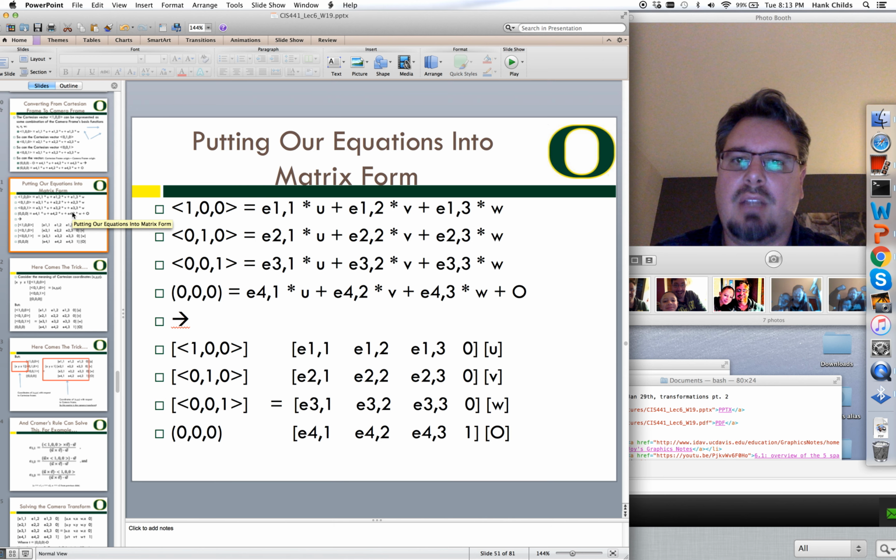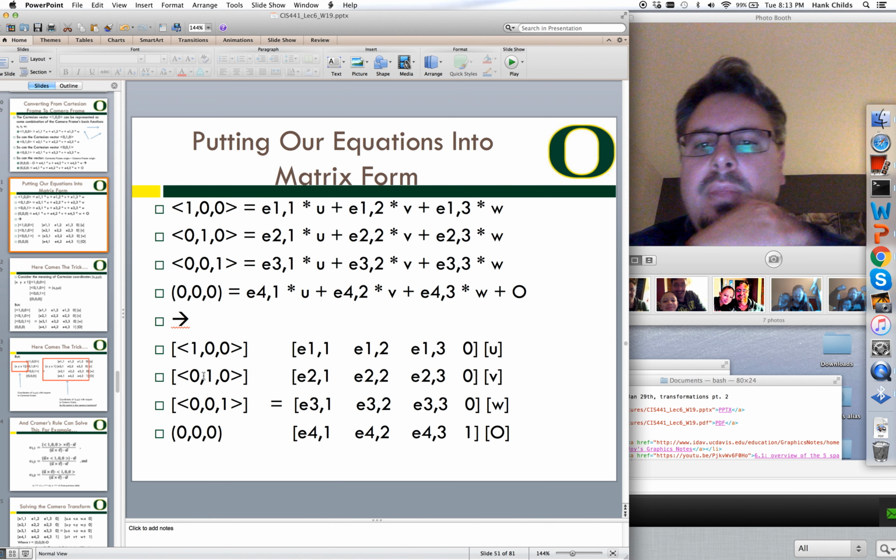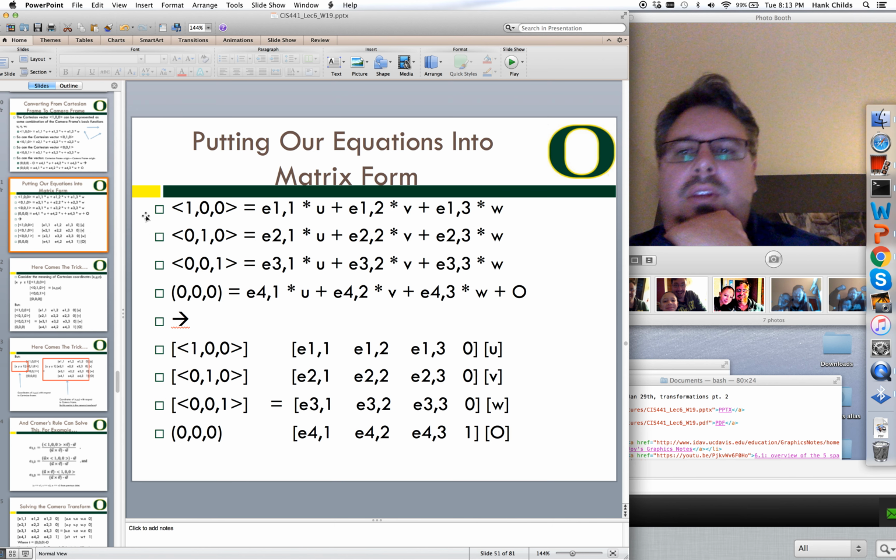And so then here's the next step in this derivation, is that I can put these four equations one on top of each other, and then say, well, actually I can represent this as a matrix. And so this matrix says that 1, 0, 0,